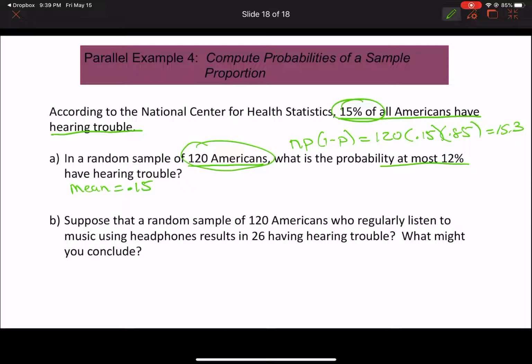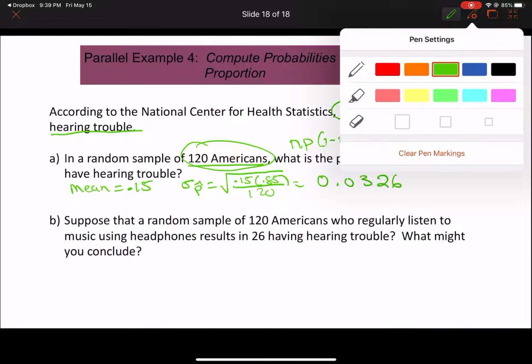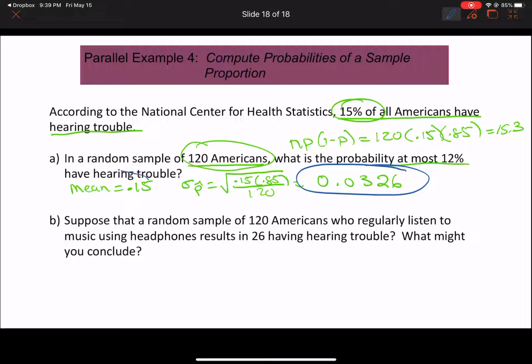Standard deviation. So my standard deviation would be the square root of 0.15 times 0.85 over 120. And we take the square root of that. So once again, put this in the calculator. And I got approximately 0.0326. Good. So now I've got my mean and my standard deviation. I could do this with z-scores, but I am not going to. We're going to do a normal CDF, and at most,